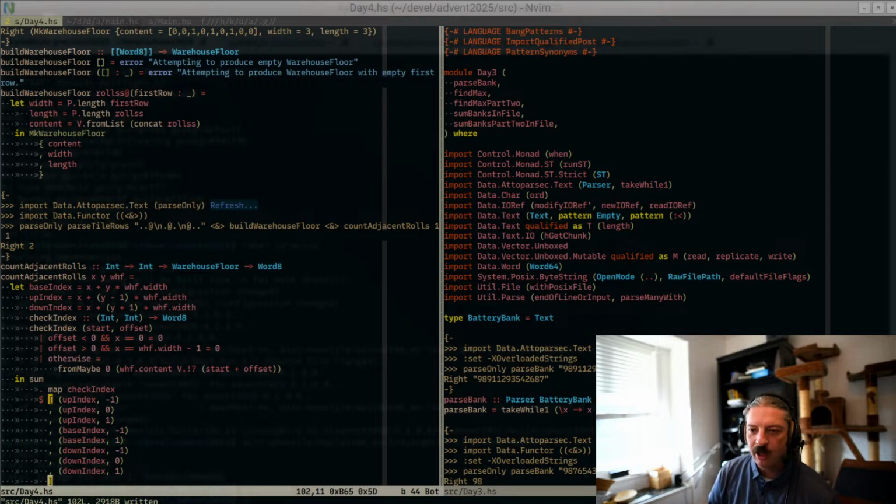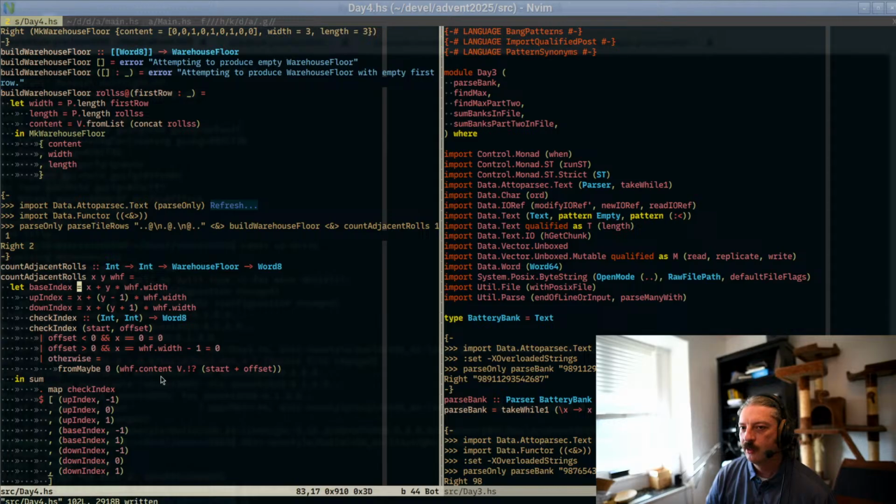I rely on type inference, for example, like all of these lets here. It would be annoying to have to tell the compiler that basic index is an int when